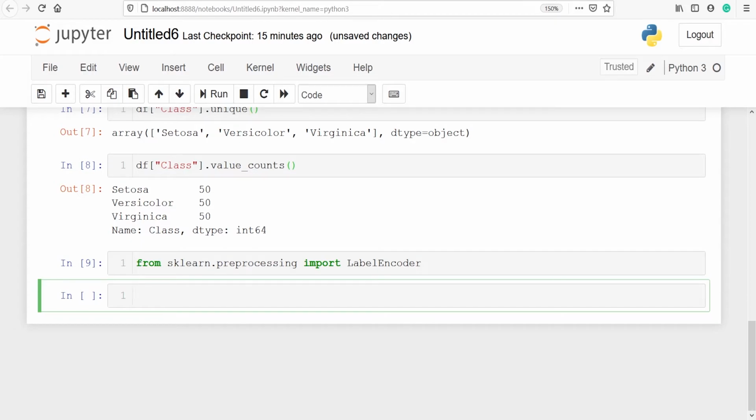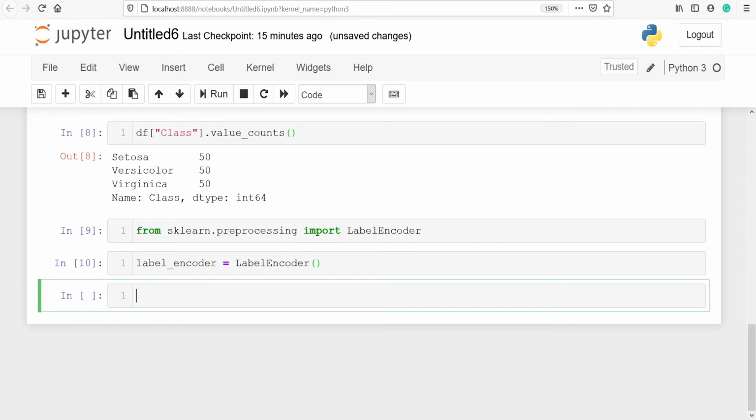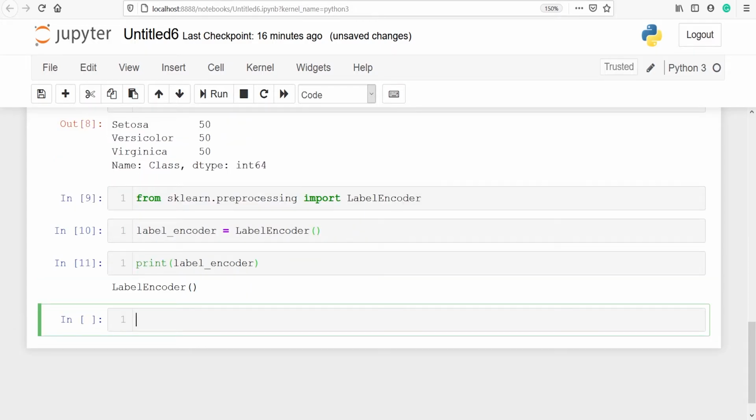I'm going to make an object of class LabelEncoder and save it in the variable label_encoder. Now I will call the class LabelEncoder. We have created an object label_encoder for our class LabelEncoder. Let's print label_encoder, and you can see that it is an object of class LabelEncoder.